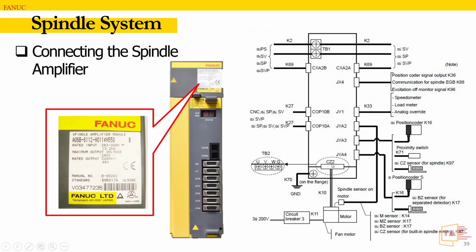CZ2 is the power connector. Using K70 we can connect the ground, and we have a lot of videos on that. This is a fiber optical connection, K27. This is incoming from CNC, and outgoing to the servo drive or spindle drive, whichever we are using, it goes to the input. This is the optical cable input and output. So in the block diagram we can get a lot of knowledge.